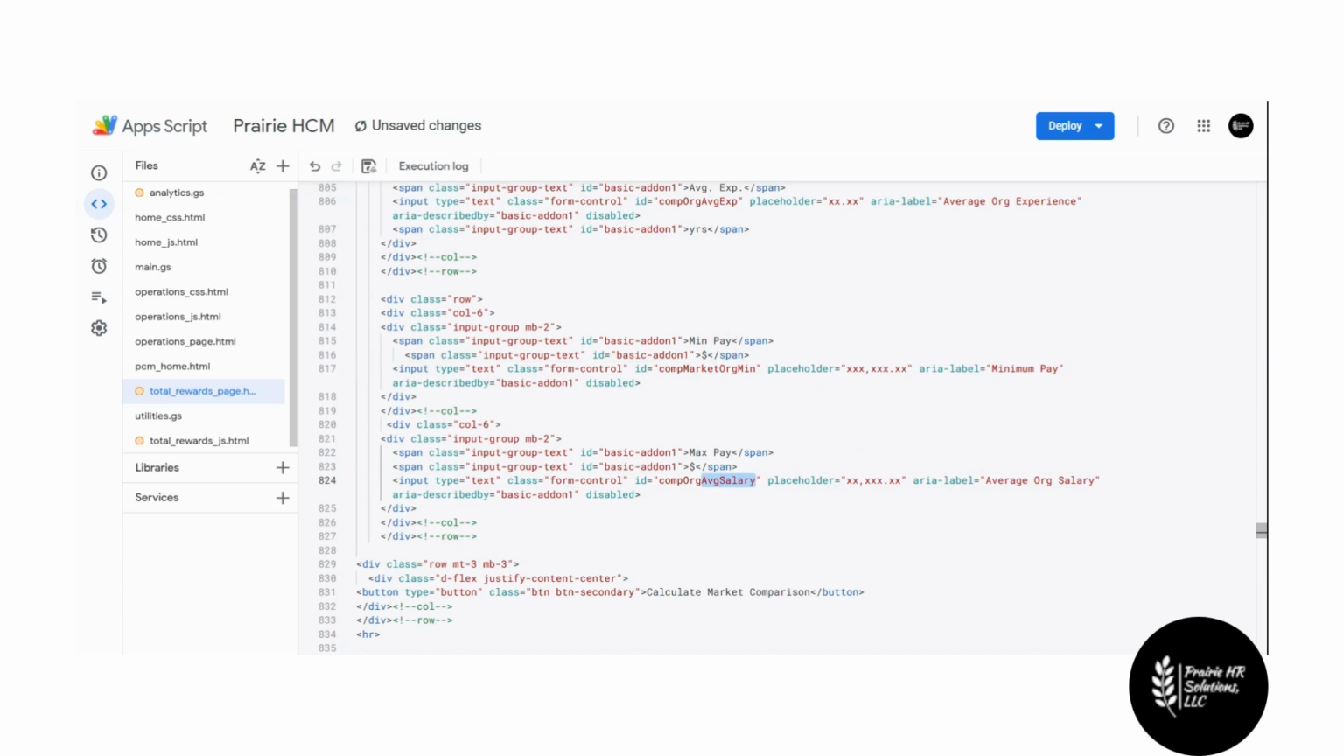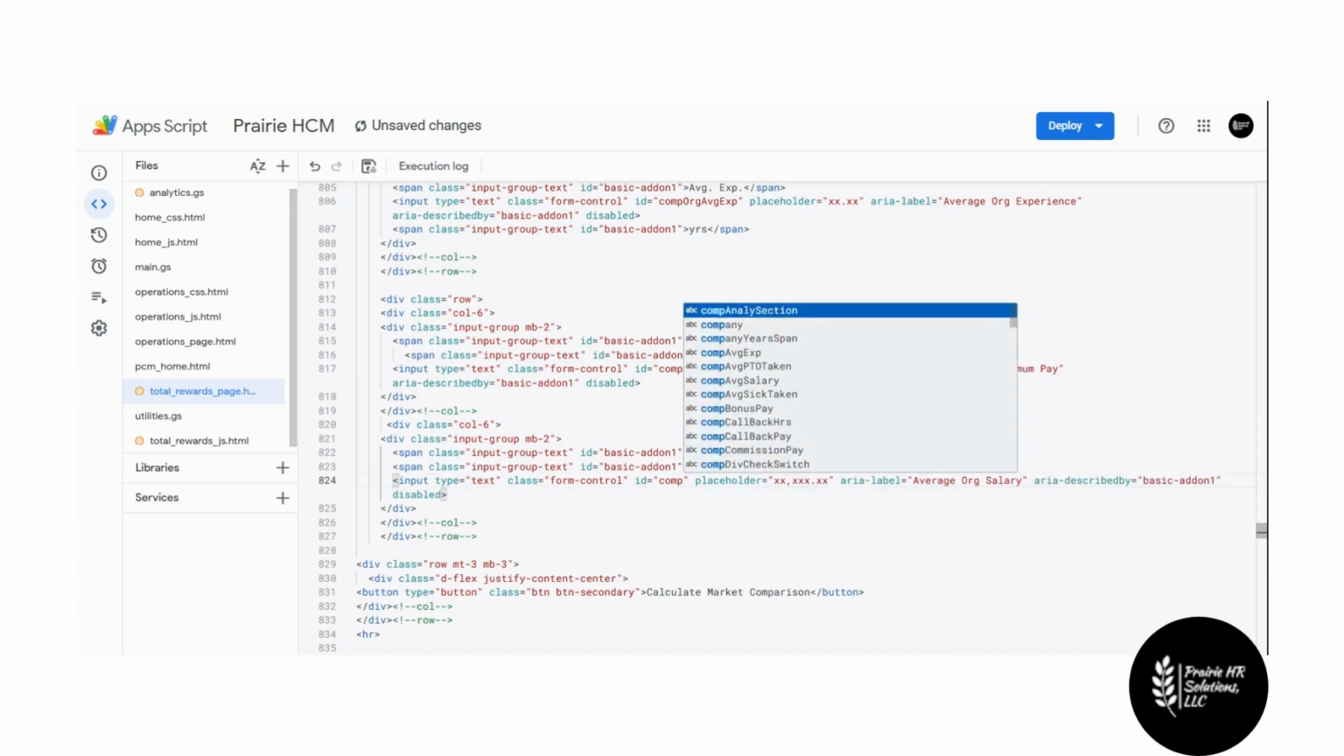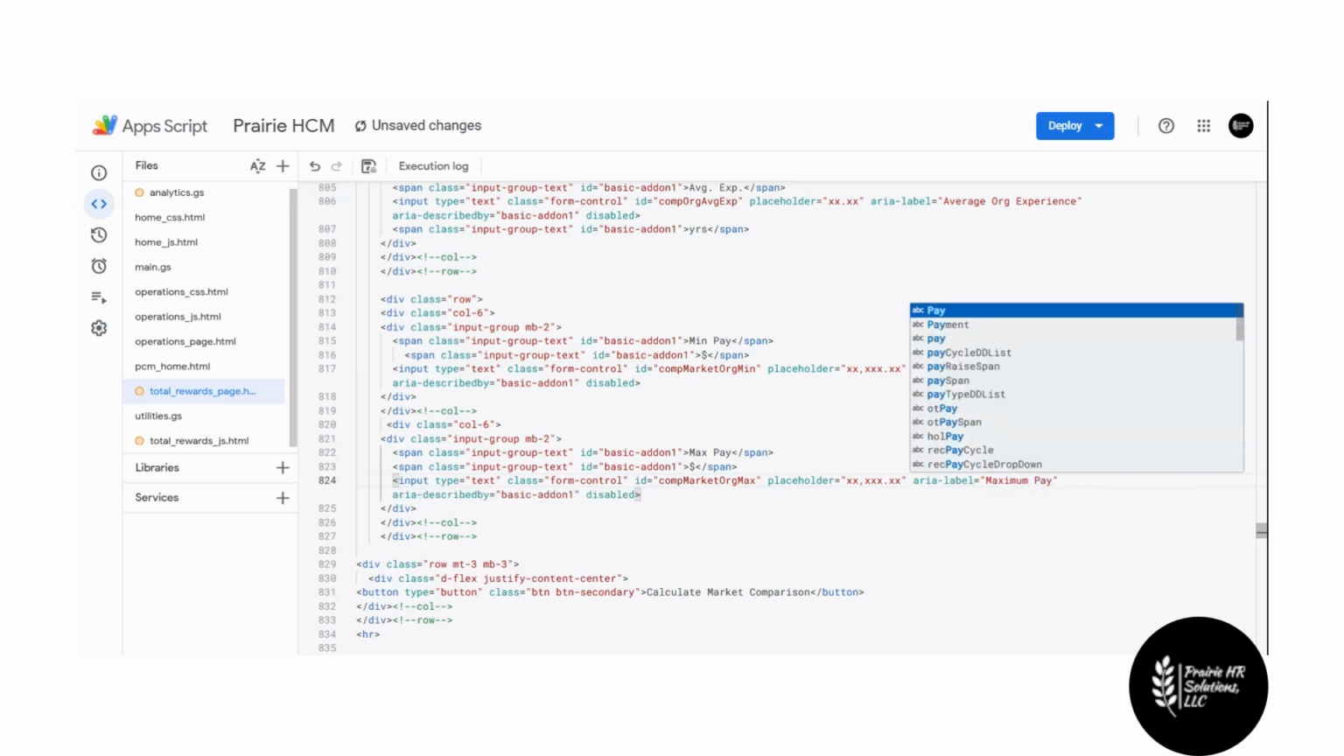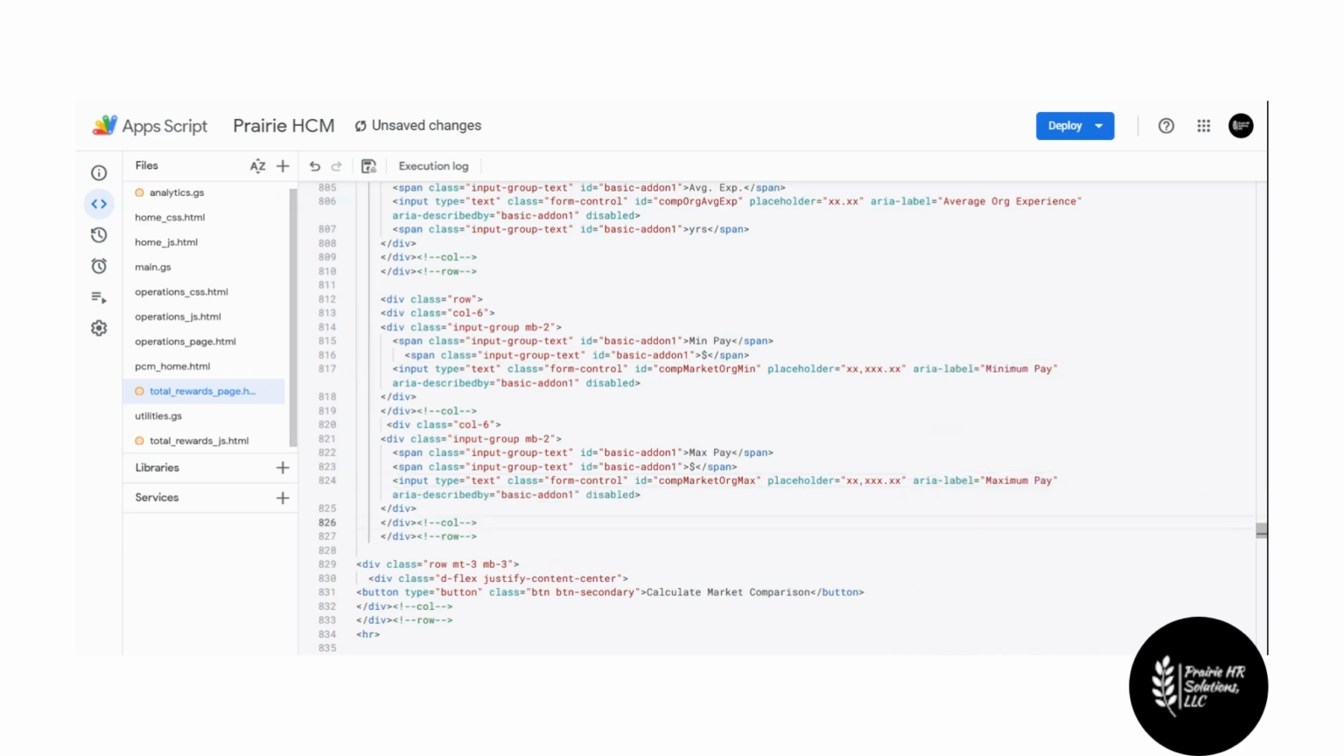And then this one here is going to be comp market org max. We'll make that even. And this is going to be maximum pay. Sorry, bear with me for a second while I fill all this out. Okay, good. So now what we can do is simply pass that information over to our helper code and then